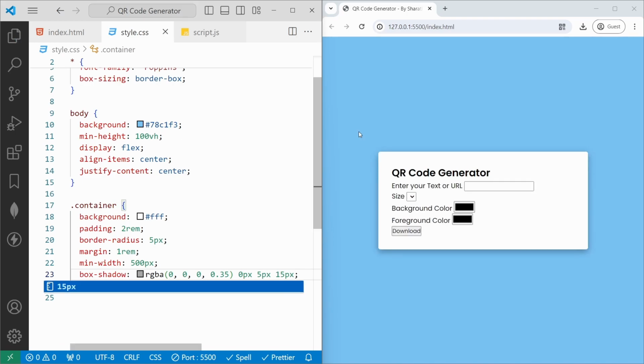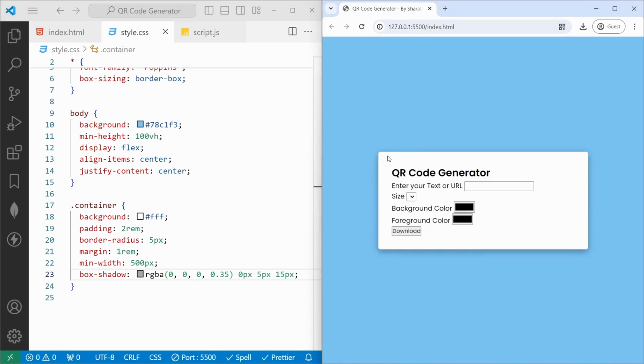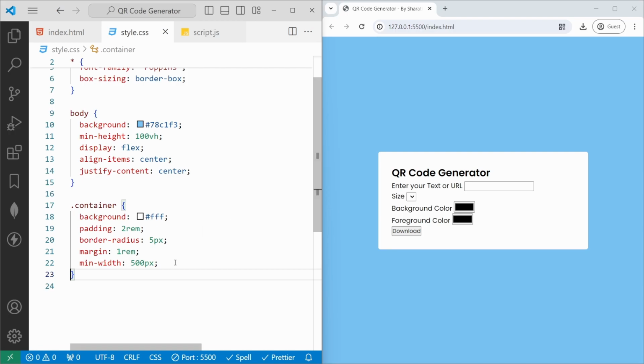If I save, now we can see the container here with box shadow. If I remove this box shadow and save, we can't see the shadow. I will revert. If I save, now we can see the box shadow on that container,